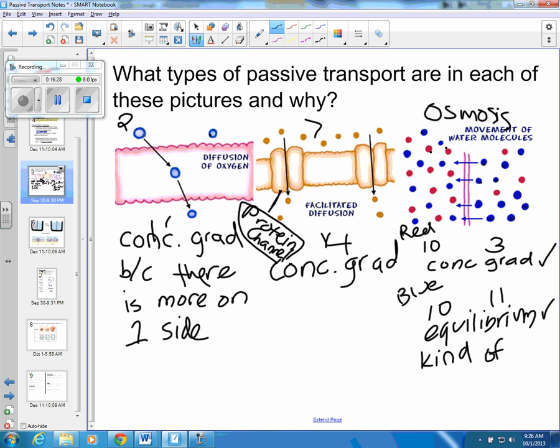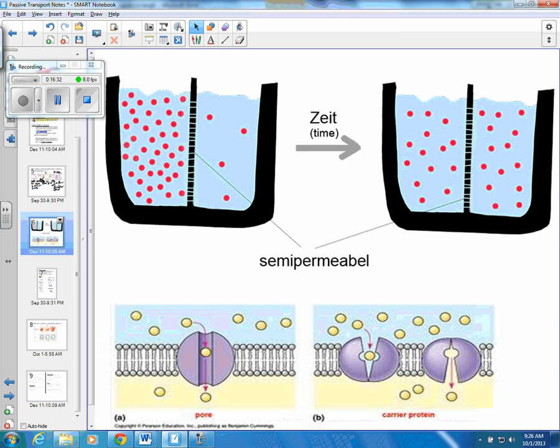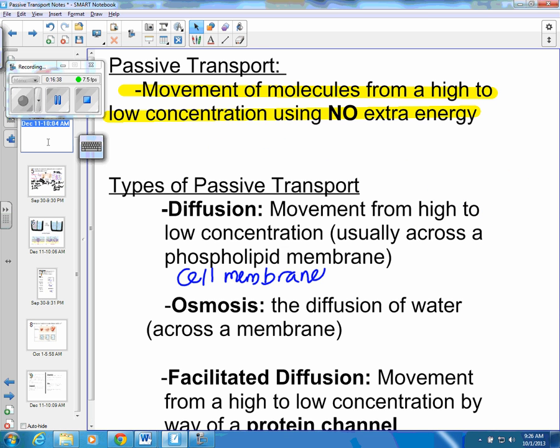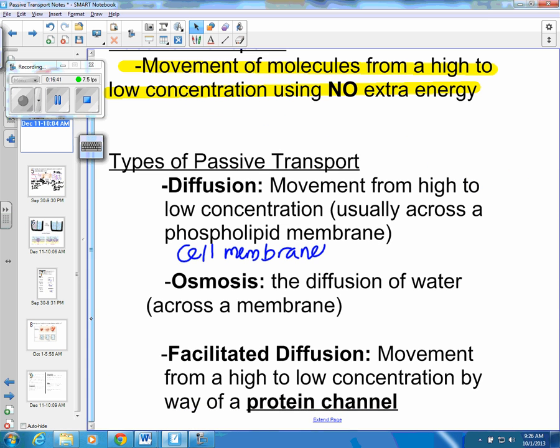There are three types of passive transport. So your homework is to do your Cornell notes and finish your summary. We'll do another set of Cornell notes tomorrow. We'll also, on Thursday, but we'll also